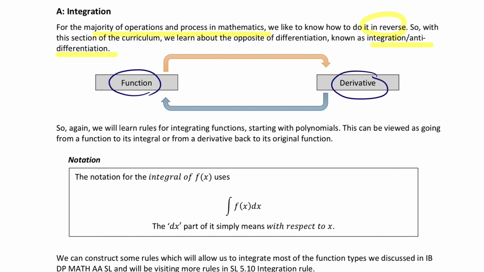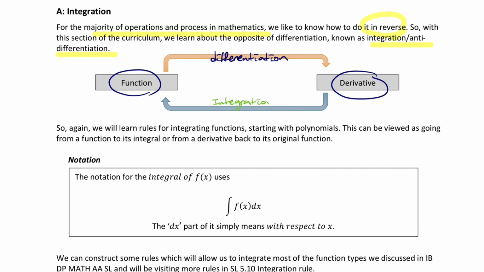So when you go from function to the derivative, the process is called differentiation. And that means when you go back from the derivative to the original function, we go through the integration process,